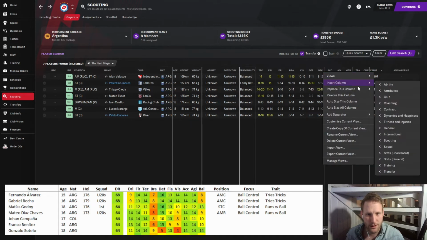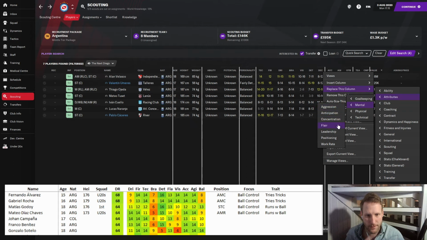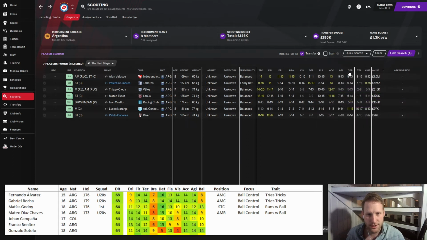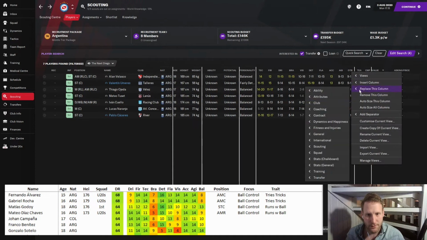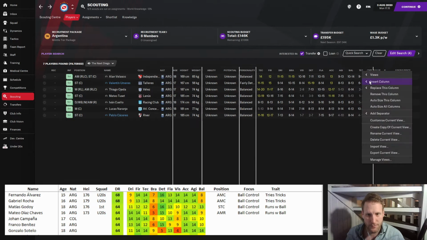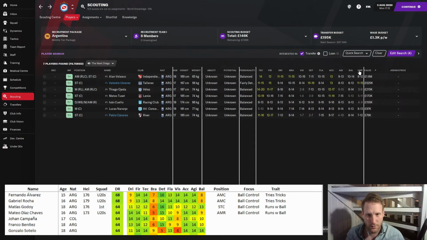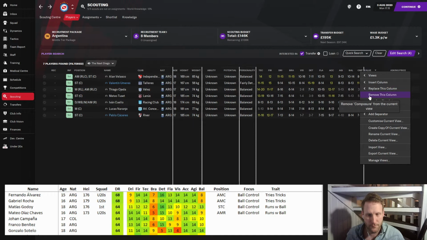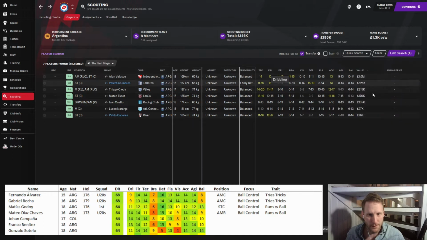Decisions we don't have. Let's replace it with flair, acceleration, agility, and balance. No, balance. There we go. And then we can remove teamwork. And we can remove that one. So these are the stuff we are looking for.